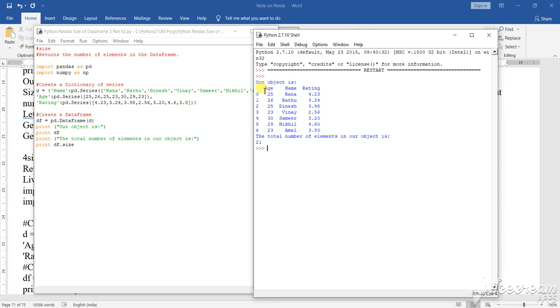As they are the headings, the names of the columns, these three are the identifiers, the identifier section based on which the values are stored. That means inside age, those 7 values are stored. Inside name, those 7 values are stored. Inside rating,